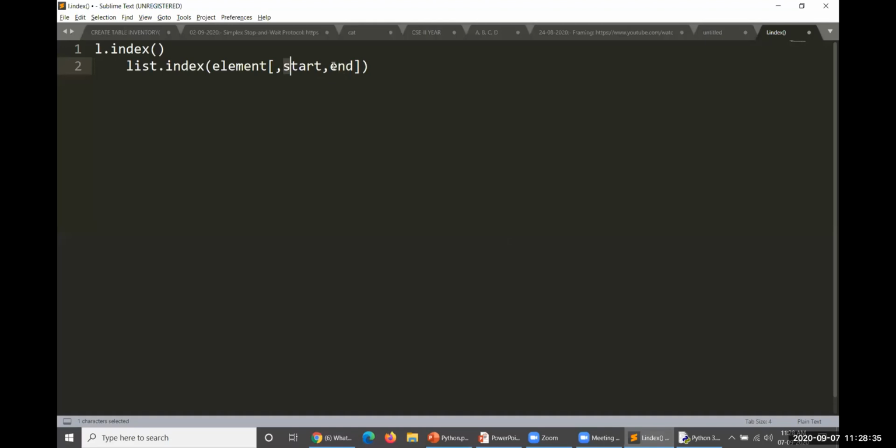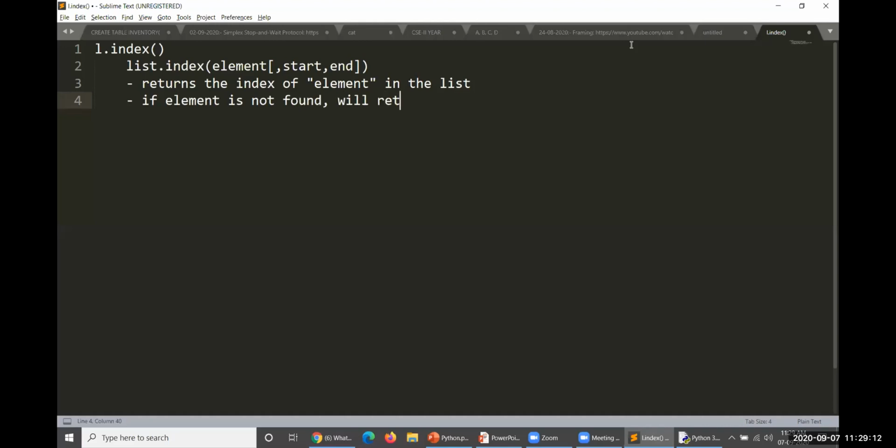Start and end positions are not that important. Obviously, index will always return where exactly, in which position, the element existed. There are 2 points we need to remember. First, it returns the index of the element in the list. This is the first point you need to remember. The second point is, if the element is not found, it will return